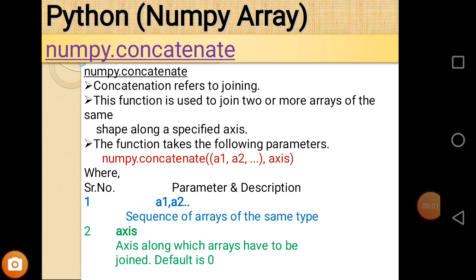Hello IP students, today our topic is Python NumPy array. It is Python NumPy array part 6. In this lecture we are going to discuss two functions related to Python NumPy array, and these are the concatenate and split functions. So the first thing that arises in our mind